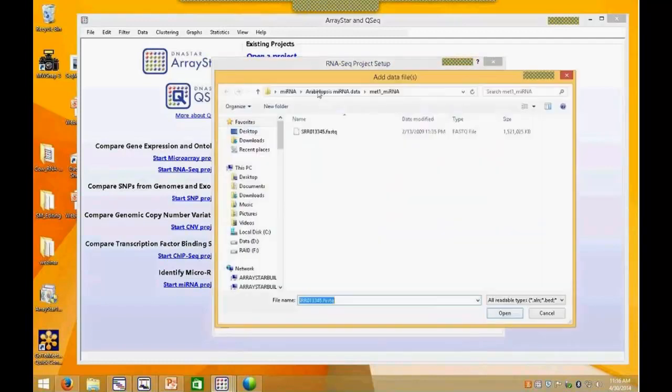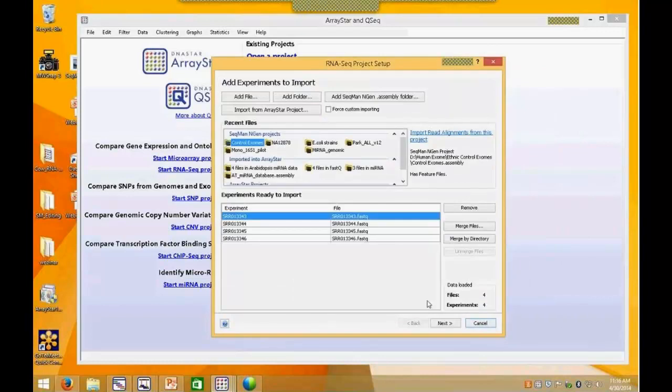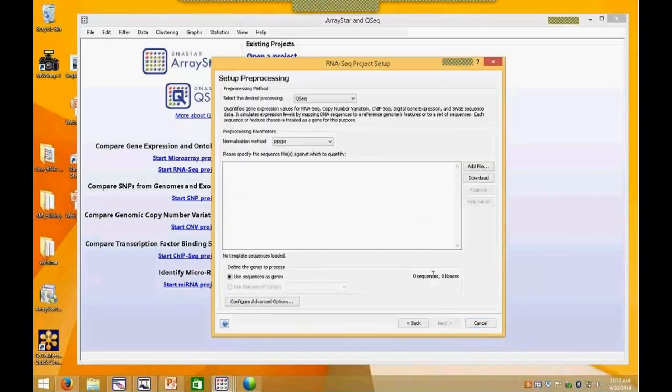I'll just add one more here. So here's 4 different experiments, and again, this is Illumina FASTQ data, and I'll just click Next. And it's going to ask me how I want this processed. And because in this first experiment, I really want to know, are there different levels of different species of microRNAs between my 4 experiments? And so we're going to use the QSeq processing,